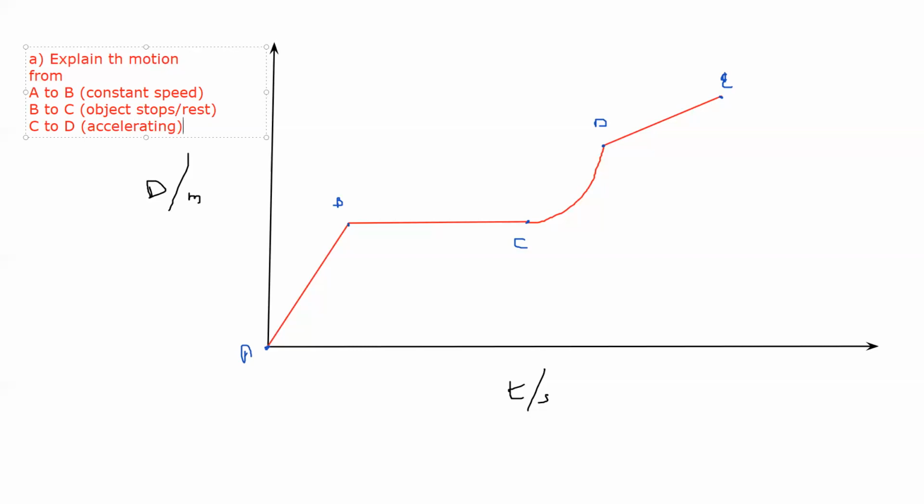And from D to E, what is happening? Again, it is a constant speed. So simply, if you write constant, that is not a full answer. You should mention it is constant speed. That is part A. Then part B is compare the speed